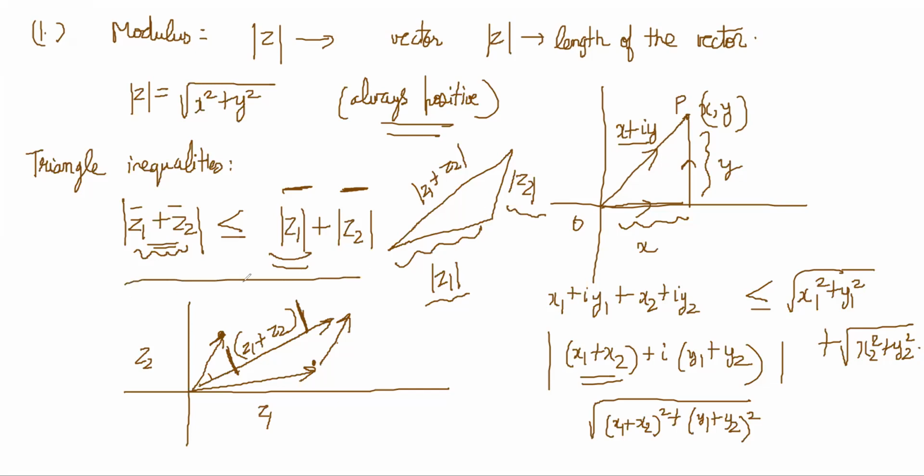So this is triangle inequality. This is very useful sometimes, so you should understand why it happens and what is the meaning of this. Then the other one is mod of z1 minus z2 will be greater than or equal to mod z1 minus mod z2, right? That also makes sense because z1 minus z2 would be something, but it could actually get added also. So some terms could have been added.